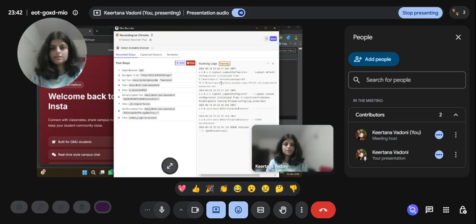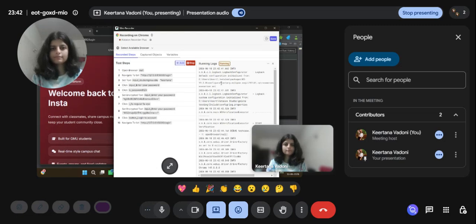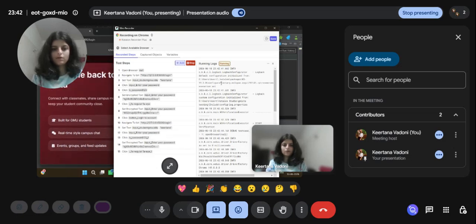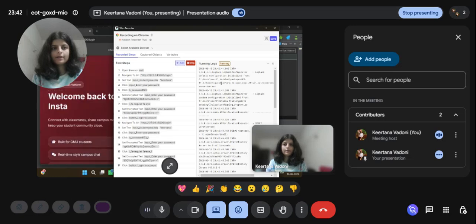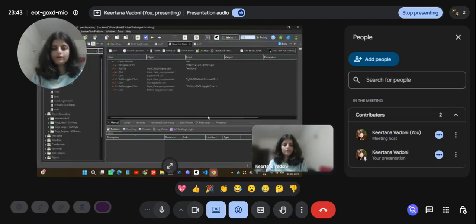We will check once. So wait until we do this. It will be automatically taken. It will be shown as pass because I have given only one time, which is the same one. The password I have given one time, so it will be showing as pass. This is the result I have got after testing.